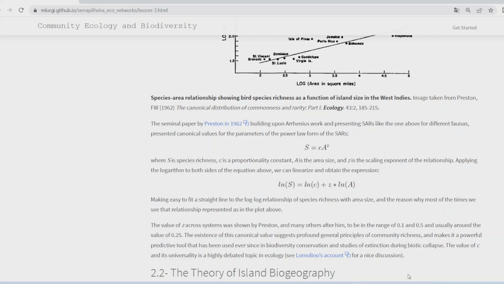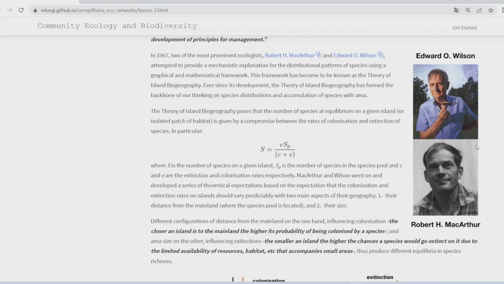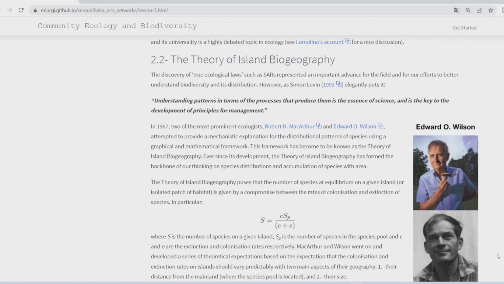So this was the first kind of attempt to not really explain, but mostly describe these kinds of patterns. But then, as the field of ecology progressed, people started wondering more about what the mechanisms behind this are, right? And it was in 1967, I think, that these two guys, you probably already heard about them from Pablo's classes,